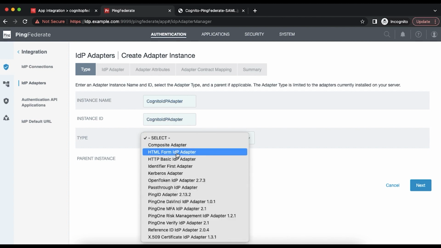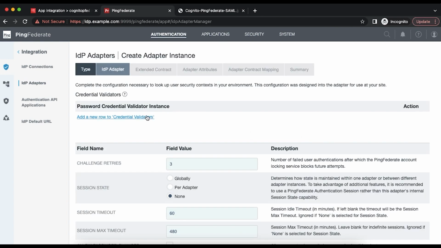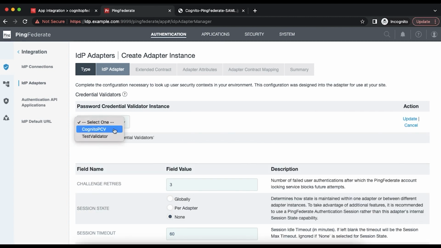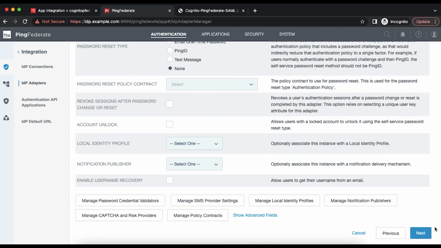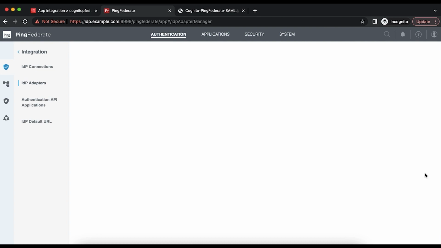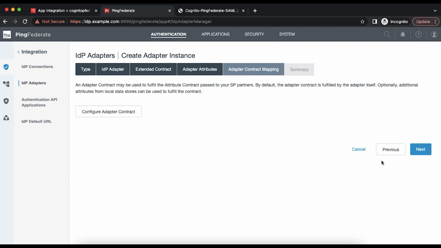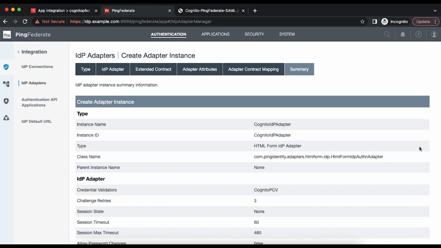And I'm going to use the form IDP adapter. Basically, a form IDP adapter is a standard login page with a username password field. So go to next and let's add this Cognito PCV as the password credential validator and click next. And in the contract, we can leave it as is. Go to the next screen. Here you need to select a pseudonym. So let's select username and go to the next page